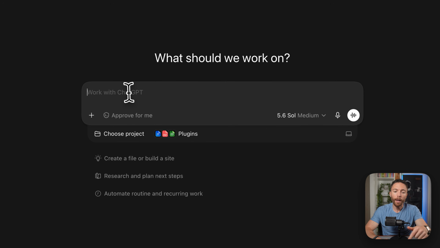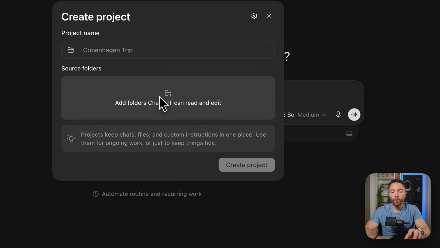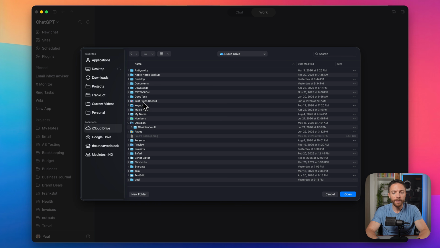But what's different about the desktop app is this feature right here that says choose project. You can select a folder on your computer that ChatGPT will work inside of, and it'll have access to all of the files inside that folder. So if we click here where it says add folders, you can then select the folder that you want ChatGPT to have access to. So I could select this one right here, for instance, that says my notes,